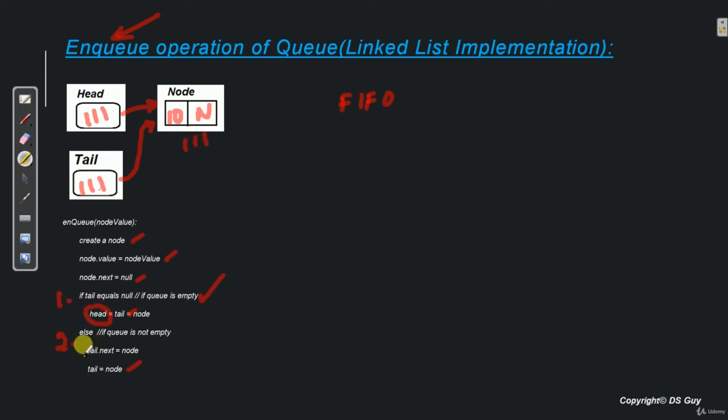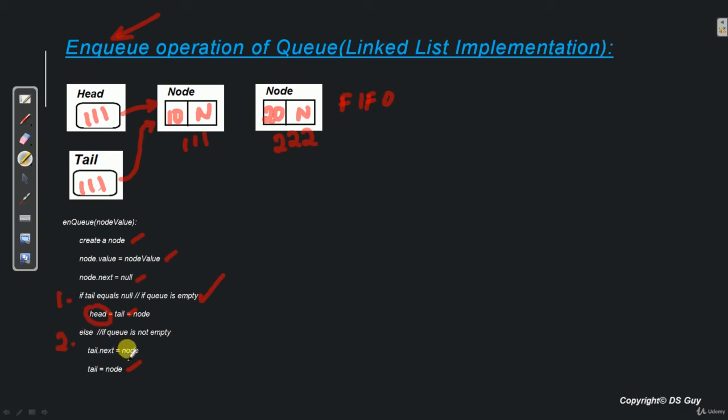Now let's see how case 2 will work. If we want to insert one more node in this queue, right now this queue is not empty. So it will go in this second case. Again we do the same thing. We create a blank node. Let's say we want to insert 20 here. So we put 20 over here. Next will be null. Why is it null? Because this node will be the last node in the list and hence this needs to be null. Now let's assume that the address of this node is 222. When we go to case 1, it fails because the queue is not empty. So it goes to the else block.